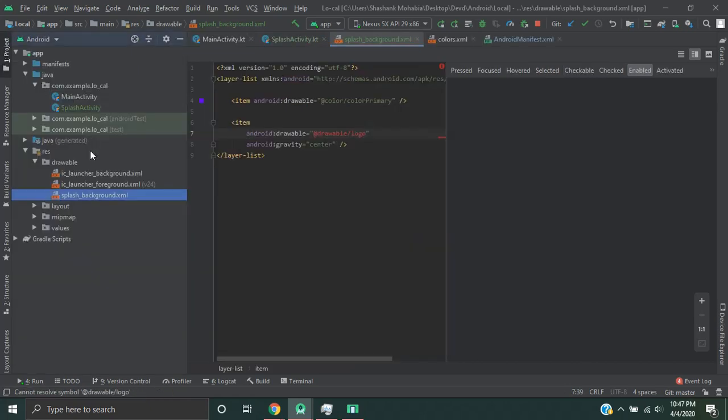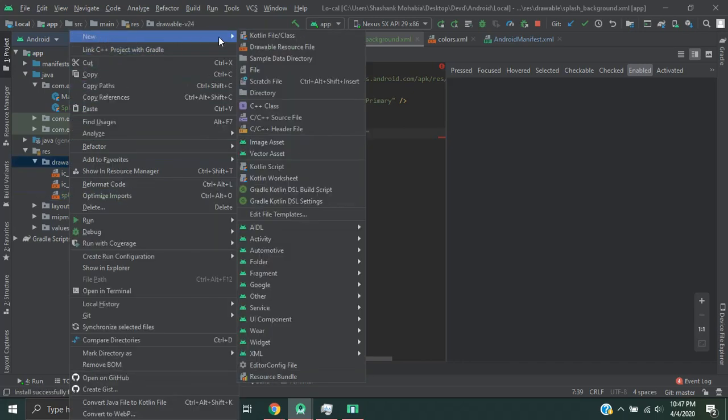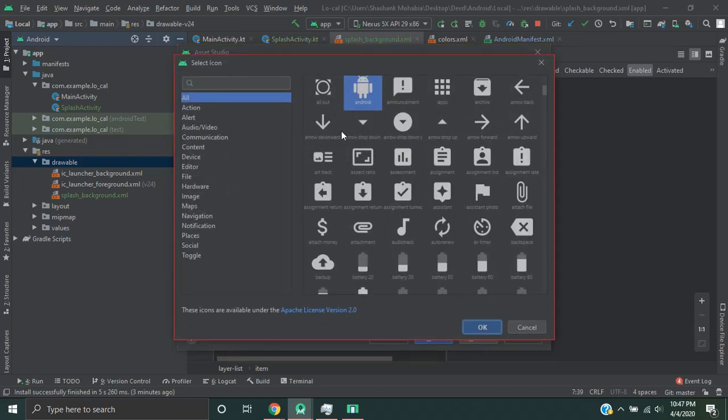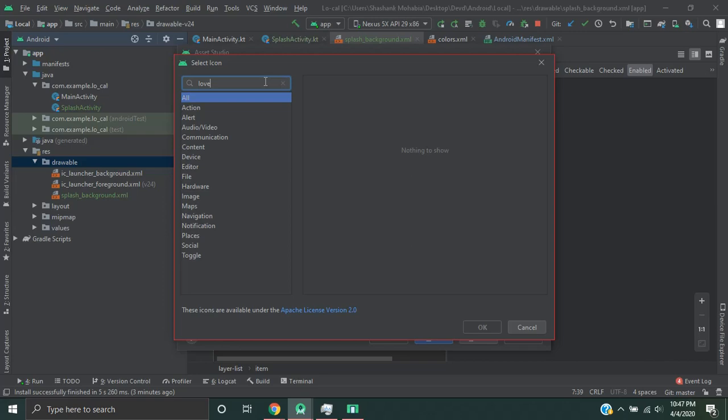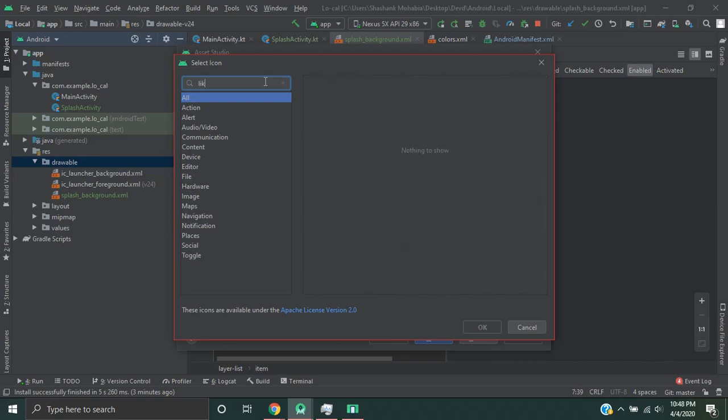Let's create the logo. Again in the drawable, create a new one. Now we have to create a logo. We will go for a vector asset, so it will create files for all the dimensions on its own. So let's create a vector asset. Android has a lot of symbols built in that we can use. You can click on the clip art and it will open a menu. Right now just use anything, for example,